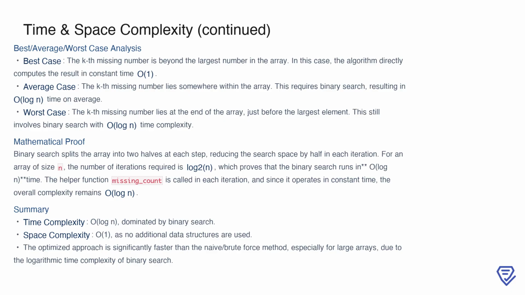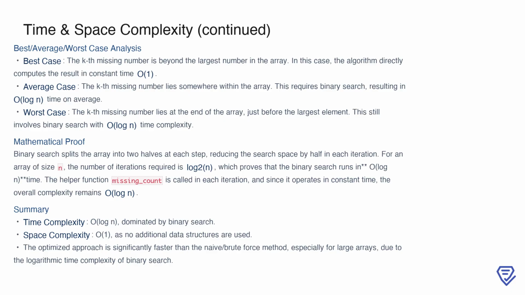For an array of size n, the number of iterations required is proportional to log base 2 of n, which confirms the O(log n) time complexity. Since the helper function operates in O(1) time and is only called during each binary search iteration, the overall complexity remains O(log n). In summary, the algorithm achieves O(log n) time complexity and O(1) space complexity,